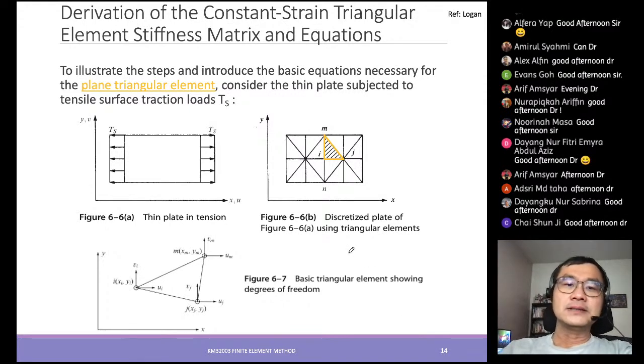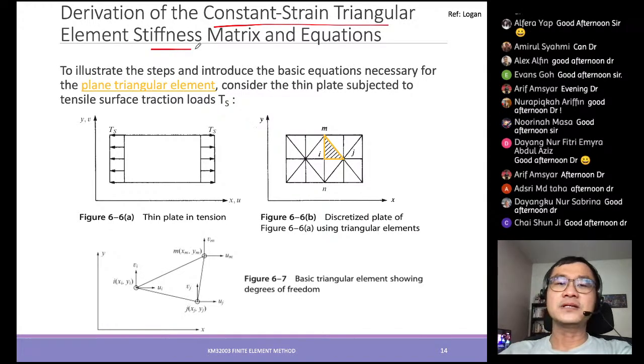Then for the derivation itself, again we apply the seven steps. This is just an illustration of the derivation for the CST elements. We would form the stiffness matrix, and from the element stiffness matrices we would combine them using the direct stiffness method to form the assemblage total stiffness and solve accordingly. So the idea still remains the same. We have to define the